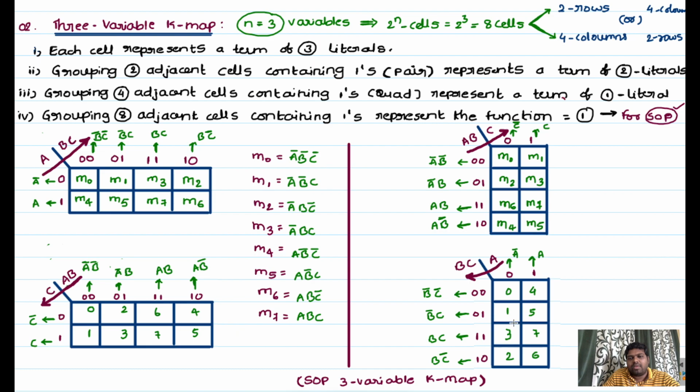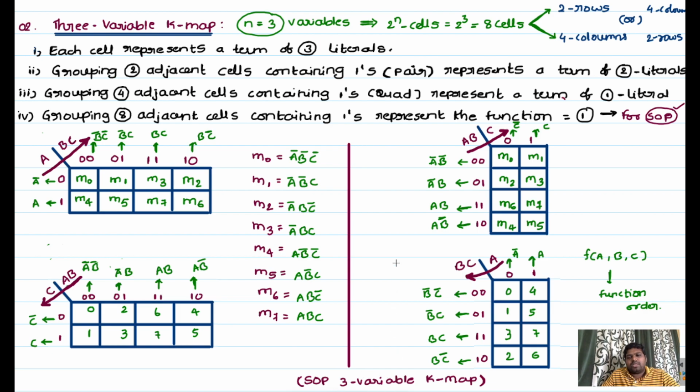Now you can pick randomly any one square box and verify whether it satisfies or not. So this is 5, I will take this 5 square box. This is associated with B bar C and A. Our function order is f of A comma B comma C, right? So first I will take A, after that I will go for B bar C. So 1 0 1, that means binary number 101, whose exact decimal equivalent is 5, right? Like that you can arrange a 3 variable K-map in sum of product form.